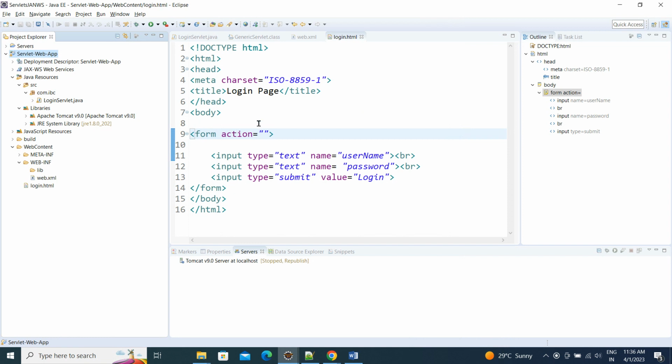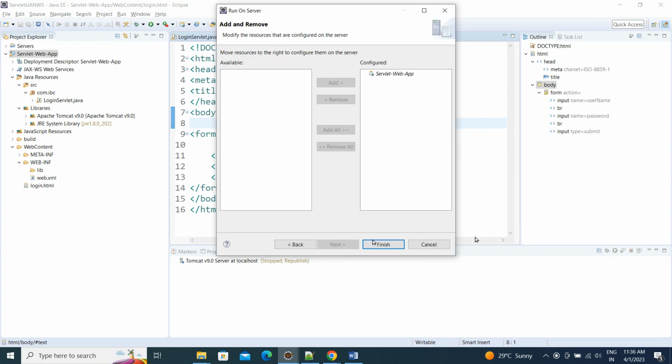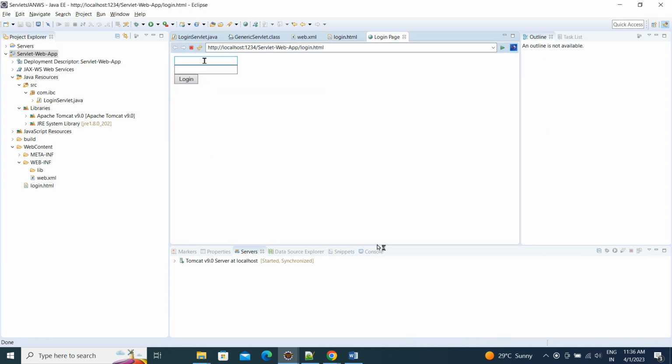one page. Instead of that, I want to check this file, so in this case, go here, run on next, run on finish. So it will open some page. See, only text boxes and one button came, no labels came. Username and password labels are not coming, right? So for that, what you can do,